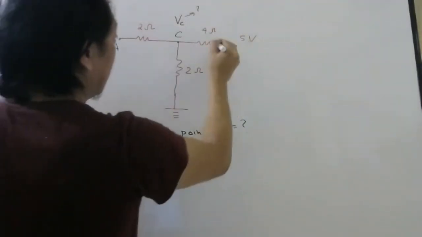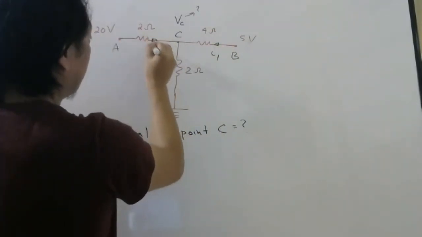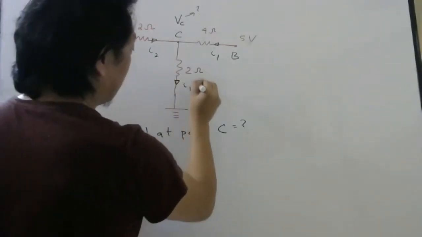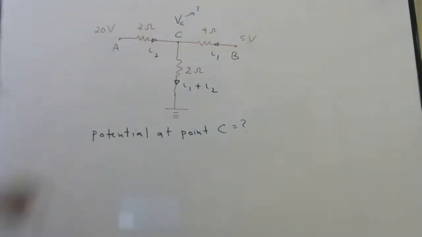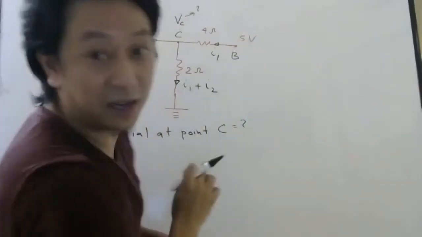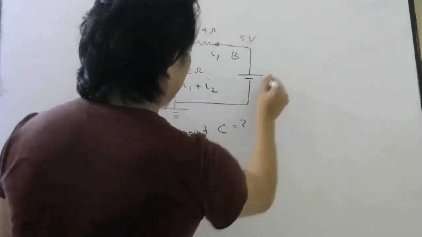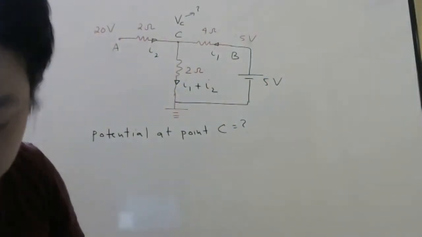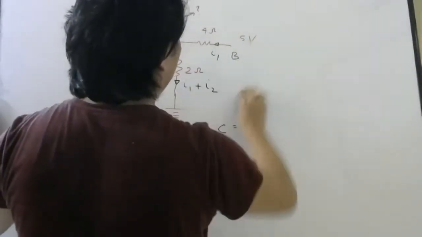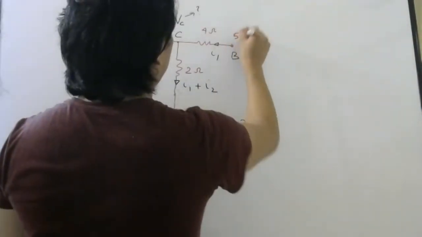So current here, let us say is this way, I1. Current here is, let's say, I2. Then current here will be how much? Kirchhoff's current law, I1 plus I2. Okay. So I am assuming from this battery, I1, there is no battery here, but 5 volt they wrote, na? So 5 volt basically means what? They have connected some battery like this, 5 volt. Like that actually they should show, but sometimes they don't show this part. They will just write here 5 volt. So here the potential is 5 volt.